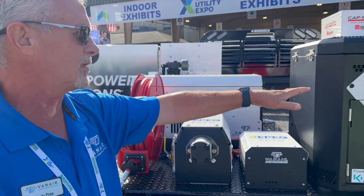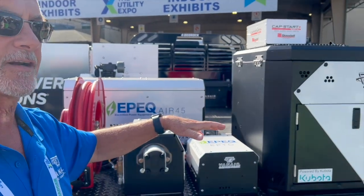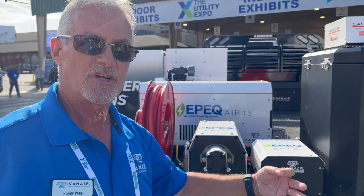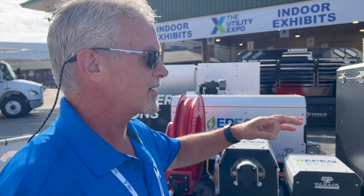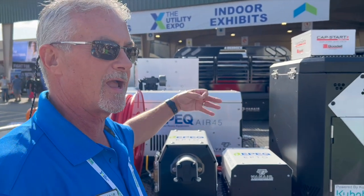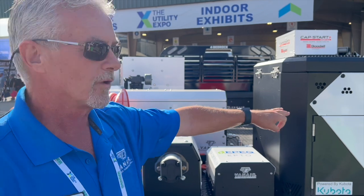So this combination, right, can run any mechanic's truck, and then now we can practice idle management, right, and actually shut down our trucks, right, and be able to run power equipment on a job site, be able to run a crane on a truck, be able to actually, with our idle management, we can now actually cool the cab of the truck as well, right? We can bring in cab cooling and cab heating products, and it's all really being powered from